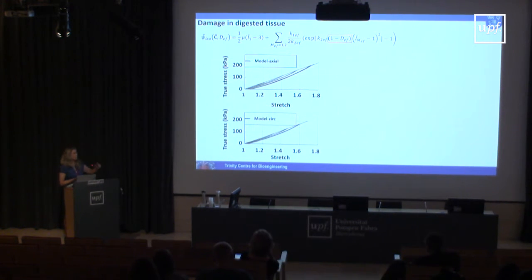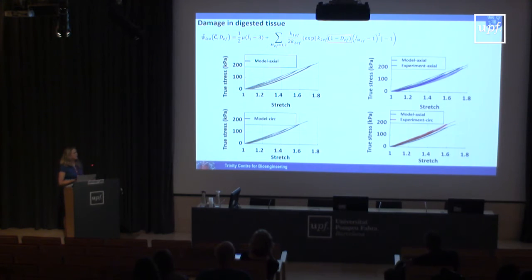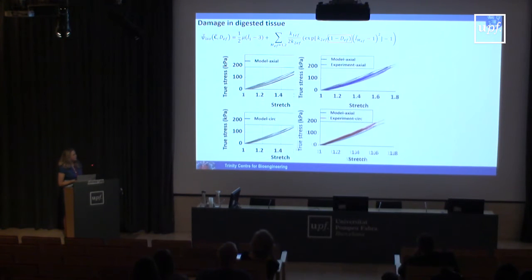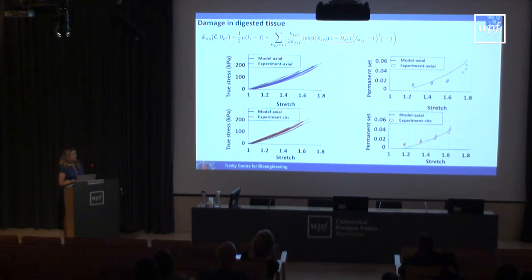The model is the full model there. The damage model captures just the softening induced in the elastin components. And here you can see the fit of the model to the experimental data. And then, looking just before that, to see that permanent set, because as I said, this is part